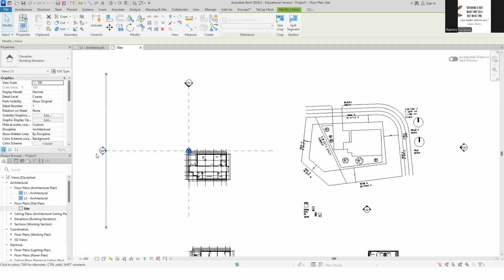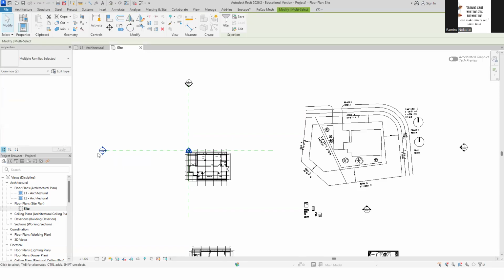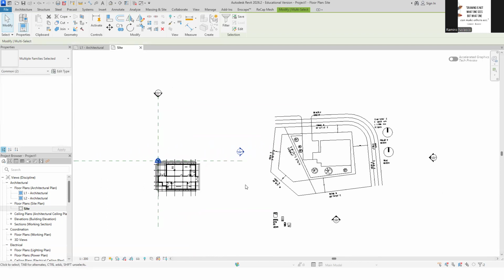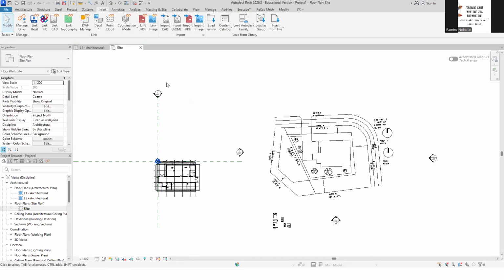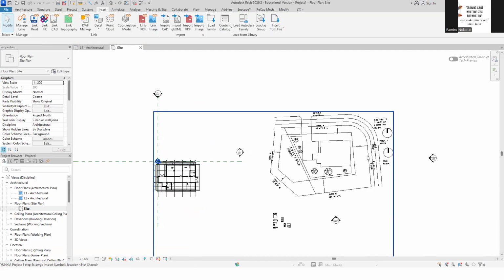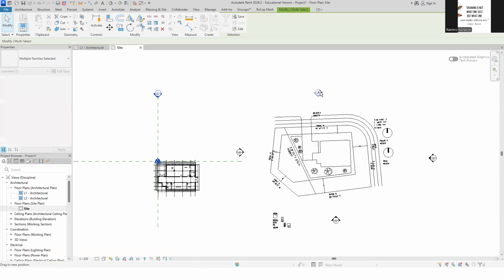And again, when you select this, normally it's good to select using a crossing option and then move it maybe closer. So we're just trying to organize our drawing area. Now, we could place this to the project base, but I don't want to discuss that for now. So I'm going to limit the discussion to creating the site plan and the building. Again, moving this, I can move that over there.